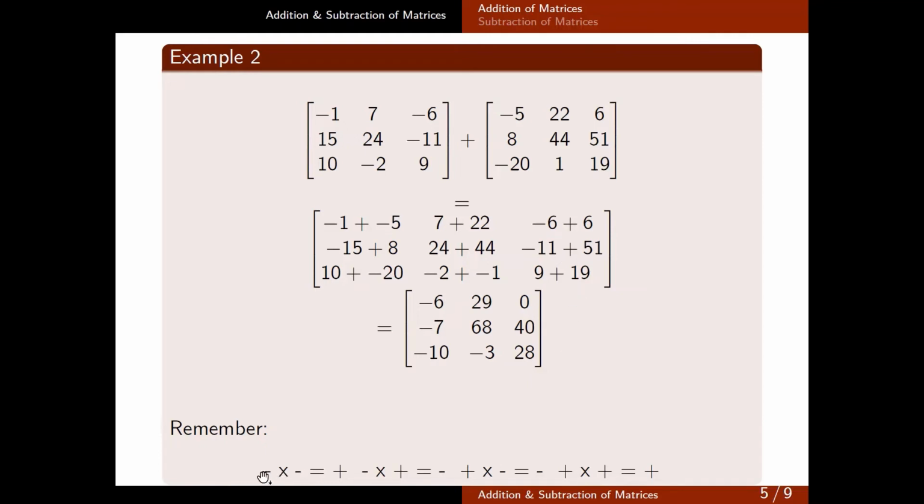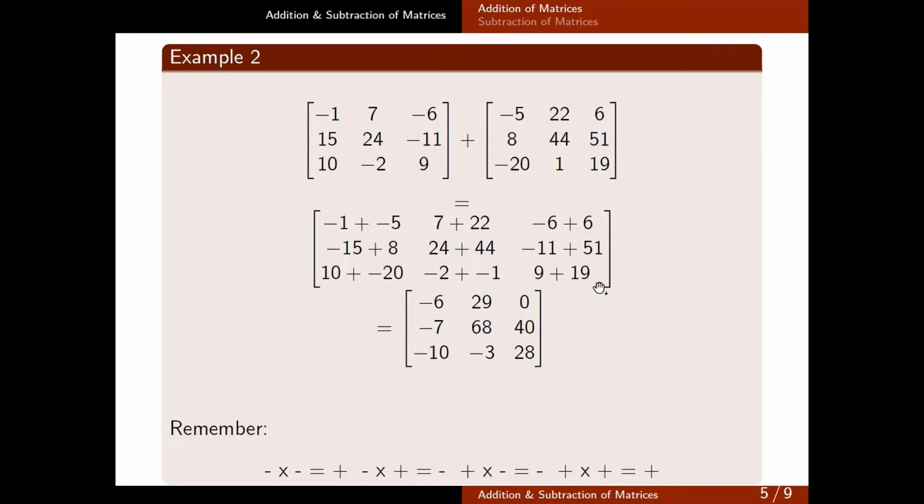And then we have some signs down here just for you to remember that whenever we have a negative multiplied by a negative, you should end up with a positive sign. If you have a negative sign multiplied by a positive sign, you get a negative sign. If you have a positive multiplied by a negative, you get a negative. And whenever you have a positive multiplied by a positive, you get a positive. As you're going to see, this one will be very useful in